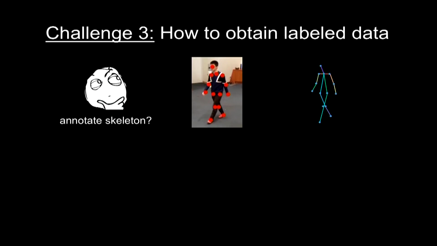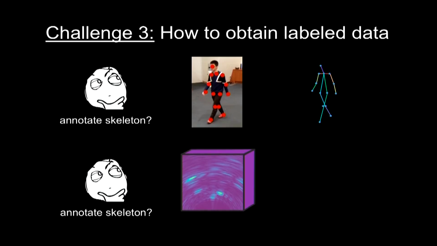In fact, this is how most of the vision datasets are created. You just need to go and get a bunch of people and label tens of thousands of those images, and then you can train a model. Let's go and see if we can do the same thing with RF. Imagine if I go and ask someone to label human skeletons from RF signals. This is not even possible. This person might just go crazy. So how can we obtain a large labeled dataset to train our model?